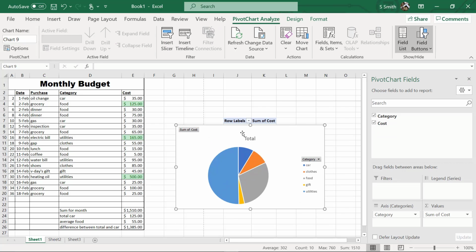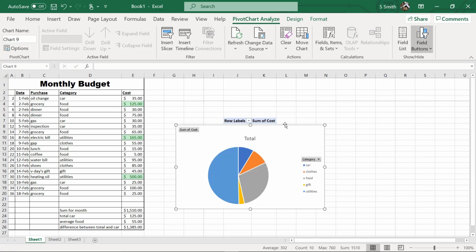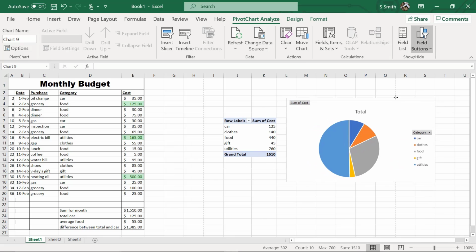I don't really have a lot of place to put it on my screen right now, so I'm going to close this window and just drag it over to the right. This little chart here gives me a visual that half my money is going somewhere and another quarter of my money is going somewhere else. So I can look at those very quickly and find out where I need to spend less money.